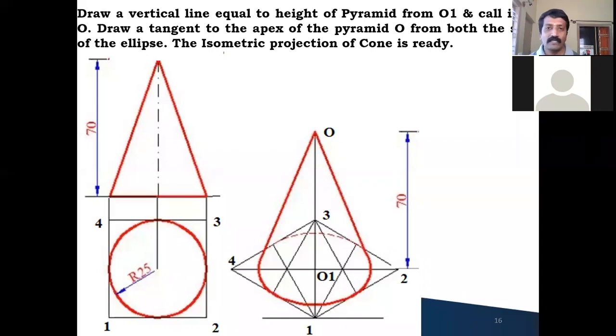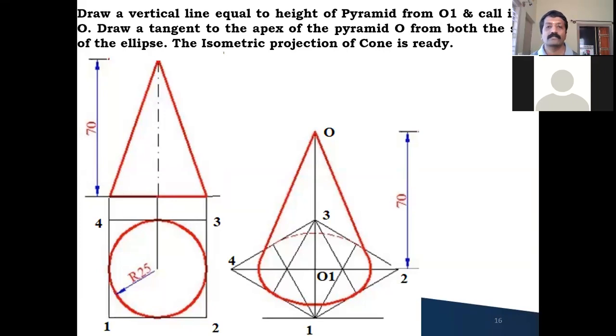After getting this vertex or the apex, because in the cone we don't have any corners to join, and similarly in the prism also, in the cylinder also, we have done the same thing. We have drawn the tangent there, correct? So here also the base of your cone doesn't contain any corner. That's why we need to draw a tangent from the apex on either side. From O, you draw a tangent to the left side of the ellipse, as well as a tangent from O to the right side of your ellipse like this. So this completes your isometric position of the cone.